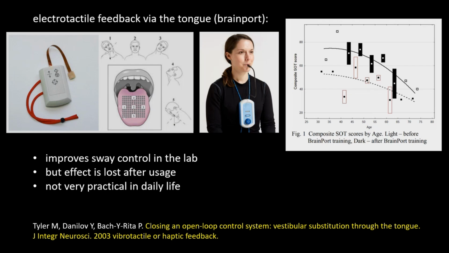So you have 100 points of electrodes on the tongue, so you wear that. And there is a motion sensor also on the tongue. Then there is a device with a computer that controls everything and that you wear around your neck. If you make a movement to the right and to the left, you feel a tingling sensation on your tongue that changes in orientation. So you feel basically your postural movements based on this tingling sensation.